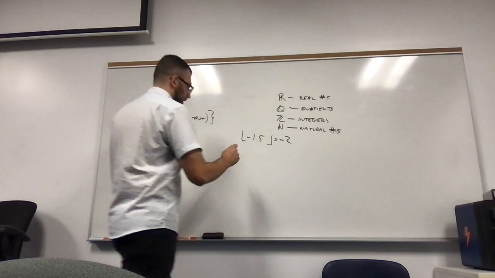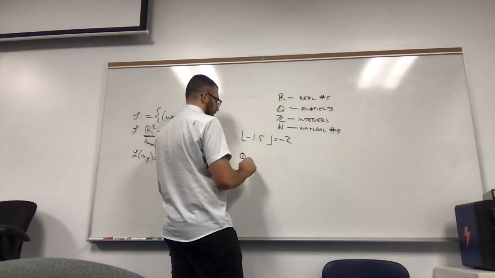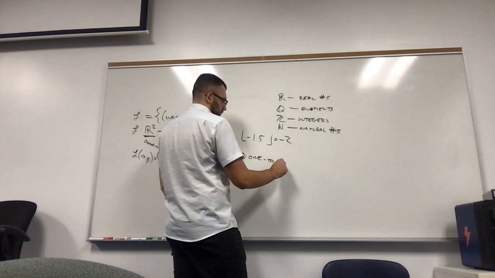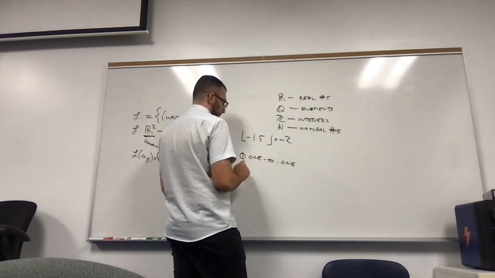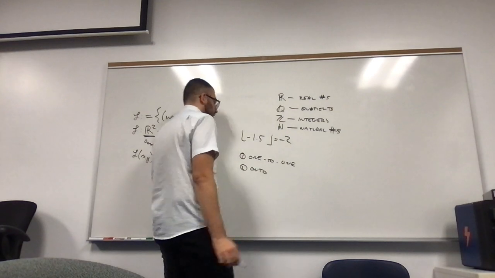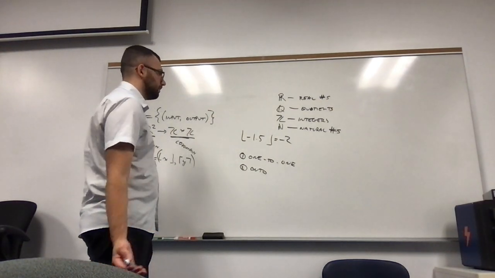So there's sort of two key things that we often ask people to look for. The first one is one-to-one, showing that a function is one-to-one. The second one is showing that a function is onto. What does this mean? Well, one-to-one means that